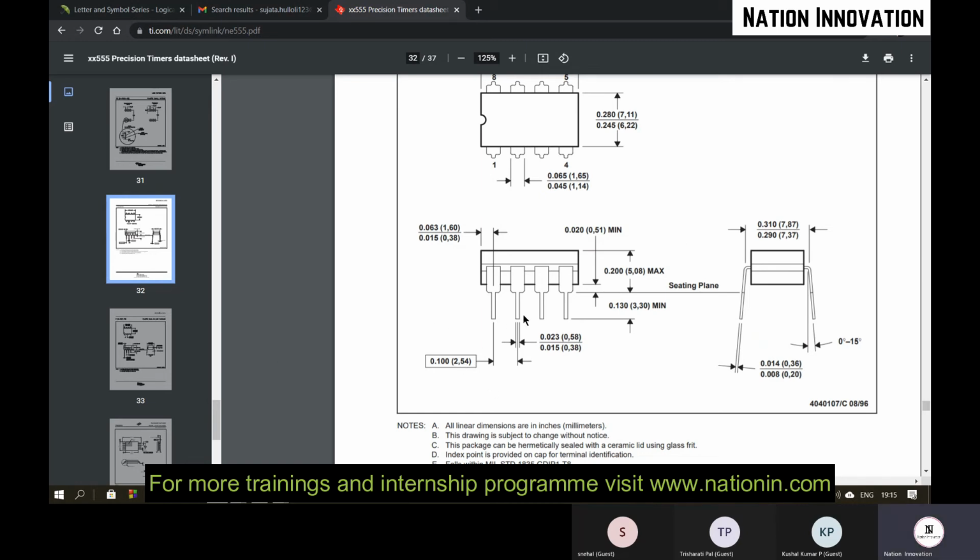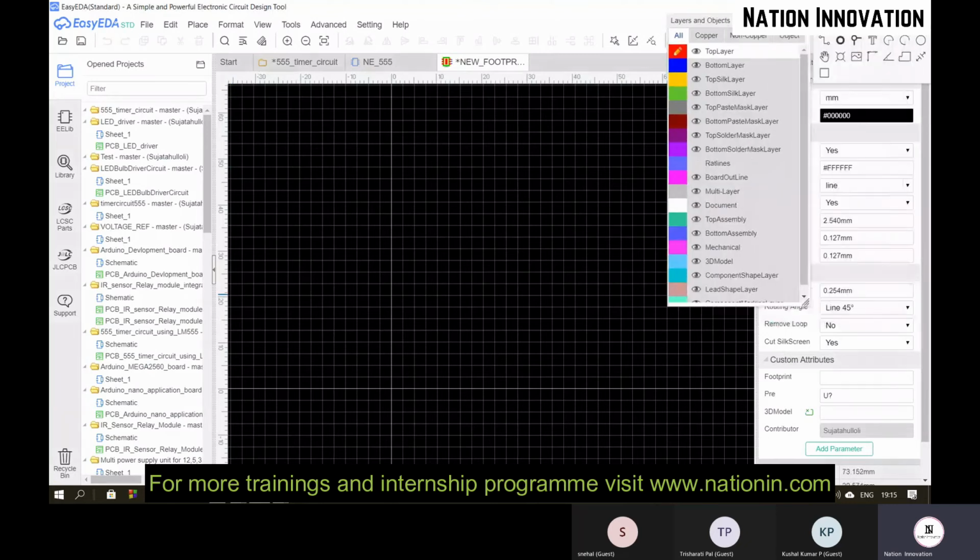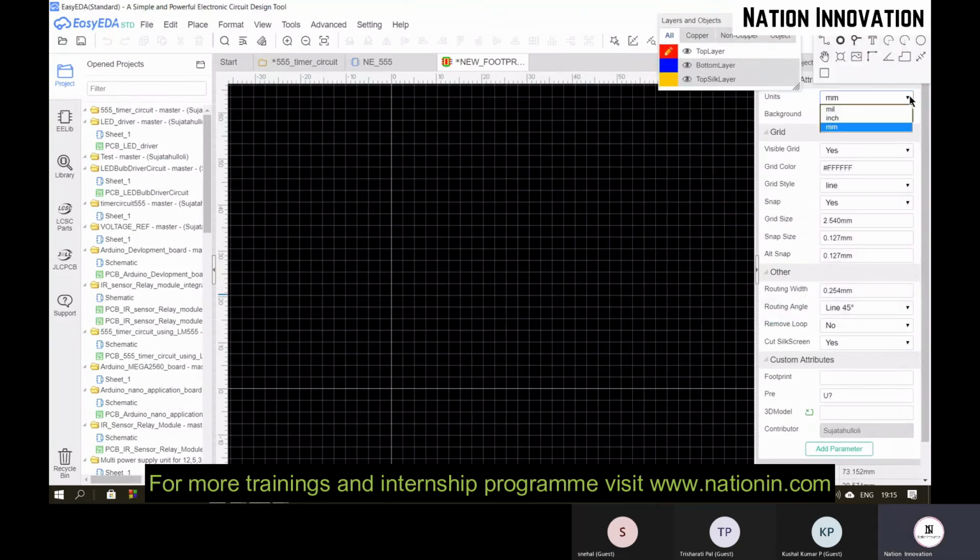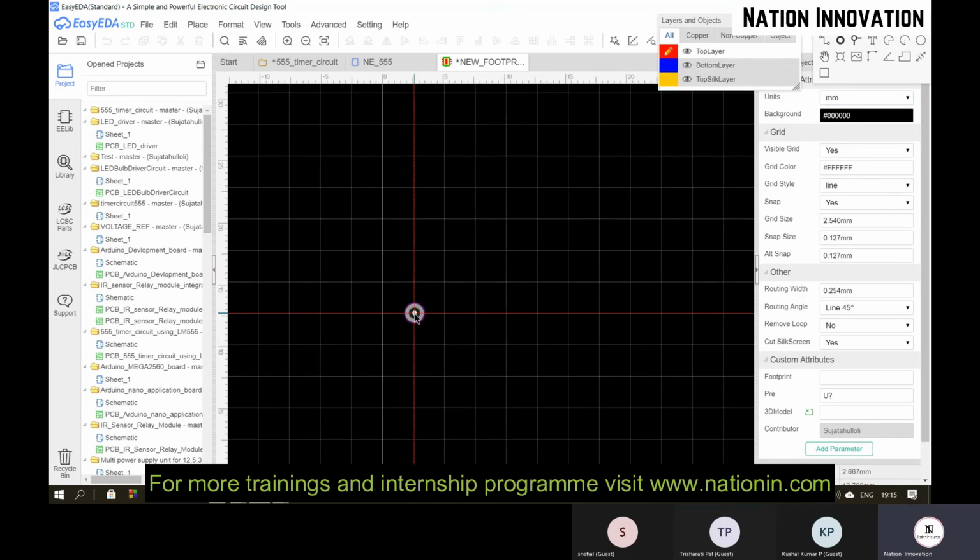So the distance between two successive pins will be 2.54. So make sure that your unit is in mm. So select a pad here. This rectangular circle shows the pad. Select that and place your first pad.